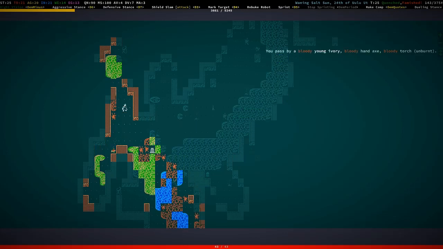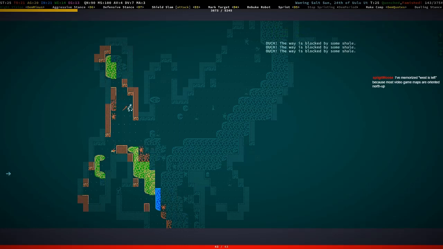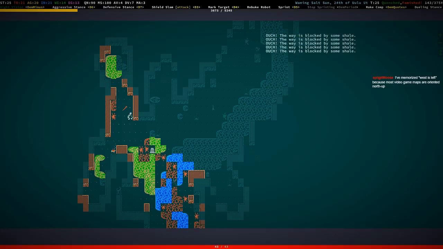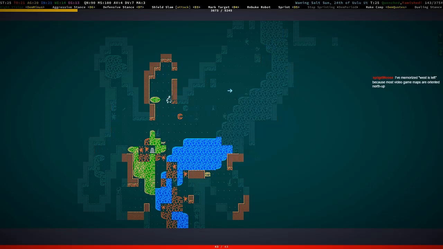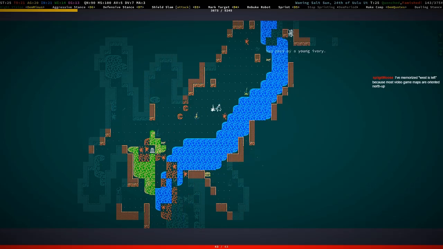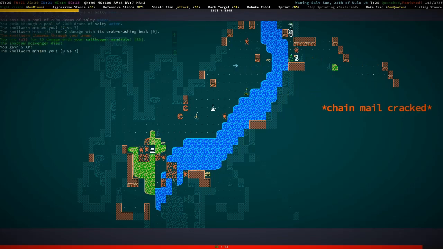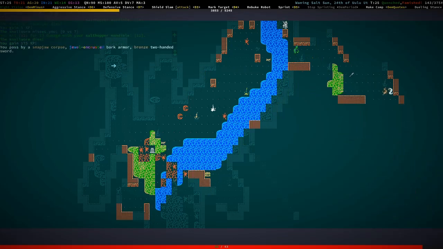Bloody young ivory. This just looked like a snapjaw with bad luck. And most video game maps are oriented north up. Yeah, usually they should be. I don't remember which game I was playing. I was playing an old RPG. That might have been